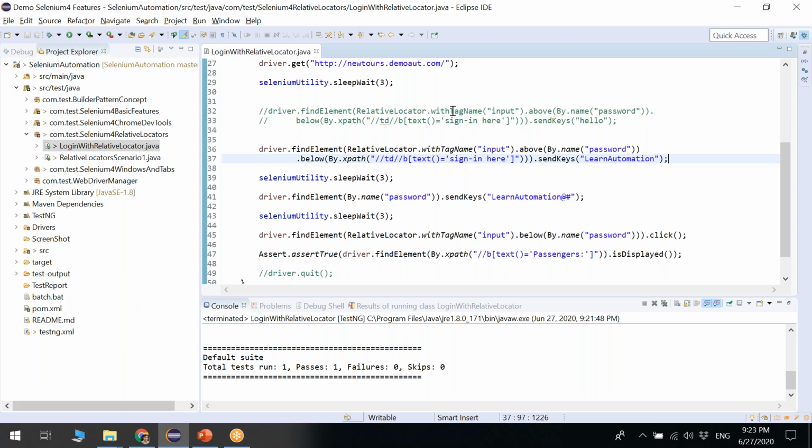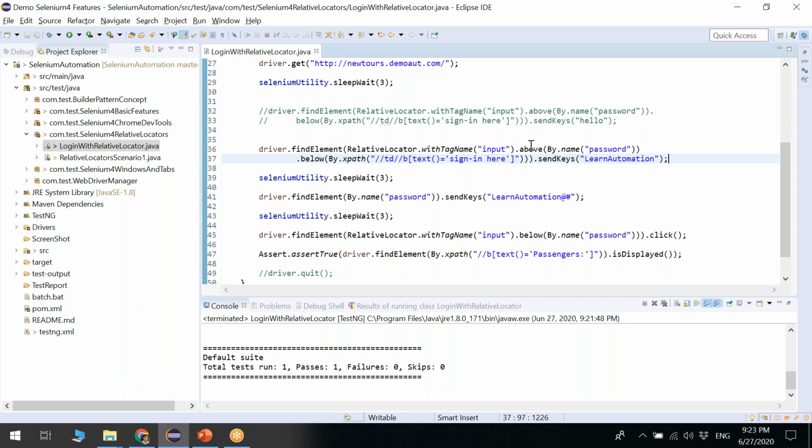Here we have relative locators where we have one static method, and from there it starts. There's one inner class called RelativeBy, and from that you can start chaining any method like above, below, near. So like this you can create your own surrounding, where you can easily locate the element. And there is no limit. You can call multiple times. This is like a builder pattern. If I want to call 100 times, I am able to call. Okay, so let me move forward to the next example.